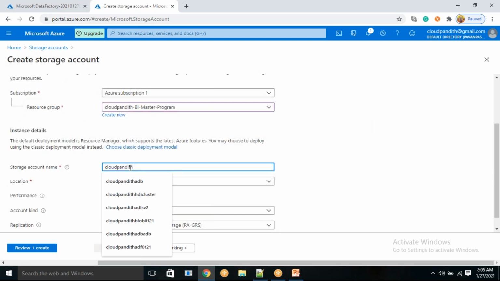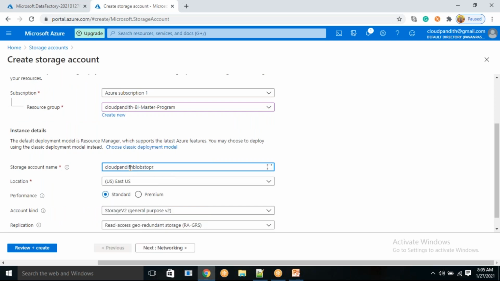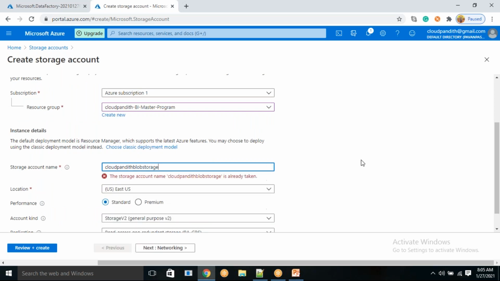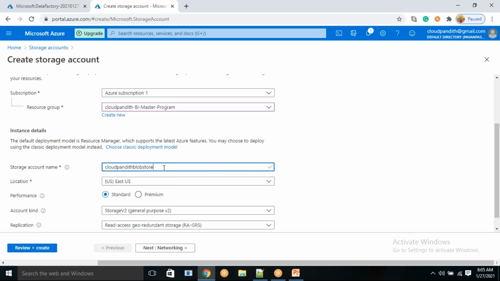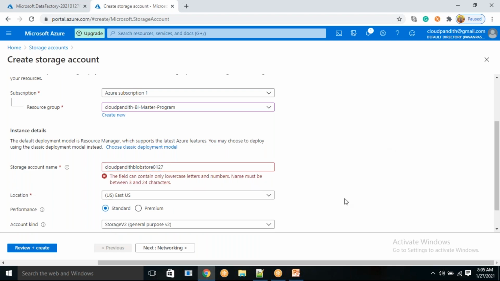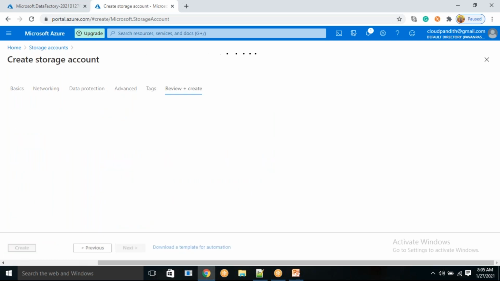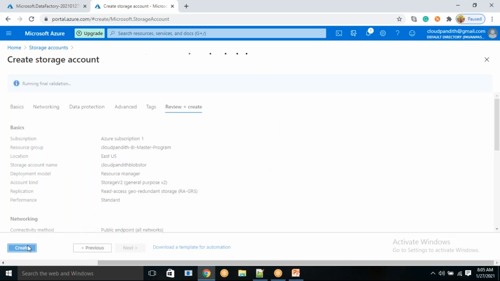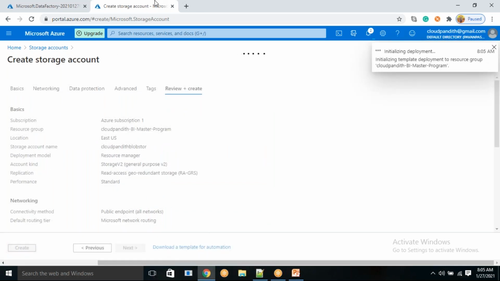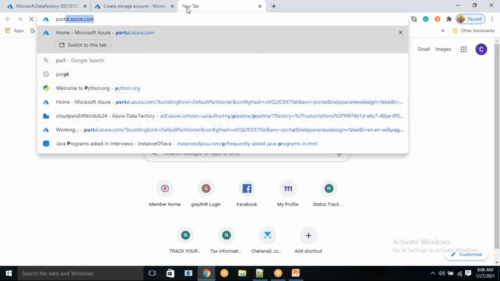So Cloud Pandit blob store. Cloud Pandit blob store is taken. Let's say Cloud Pandit blob store 0127. Let's try to give the number. Blob store, I'm just removing the E. Okay, store. We know, so we don't need to provide anything else. Just click review create. Click create. So I just created one storage, but what else do we need? We need one more storage. Let's open portal.azure.com and let me create one more storage account.